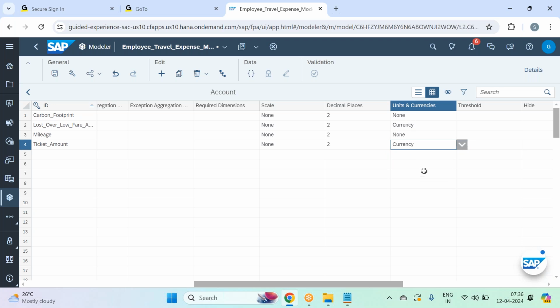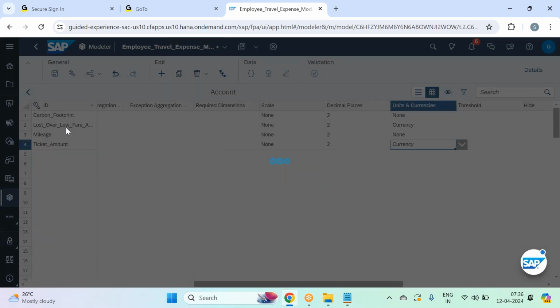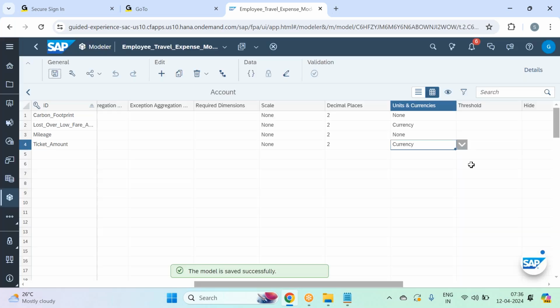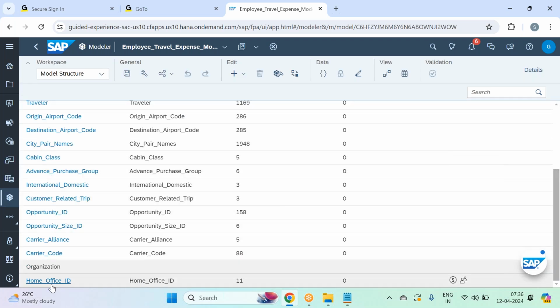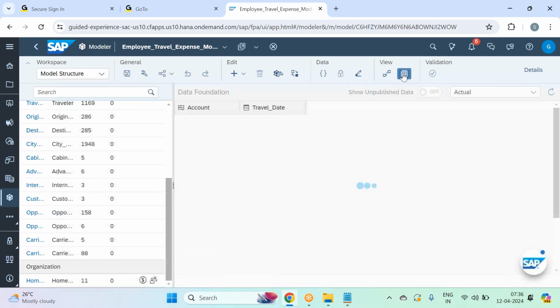So here, these two measures, lost or loafer amount and ticket amount, I made them based on currency, and the remaining are non-currency measures. So what happens is, for any data record with home office ID as Bangalore, the ticket amount will be seen in INR. If I go to the data foundation, here you see this option, see my cursor, data foundation. If I go to the data preview,